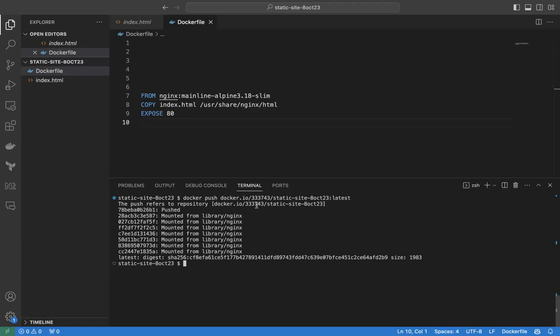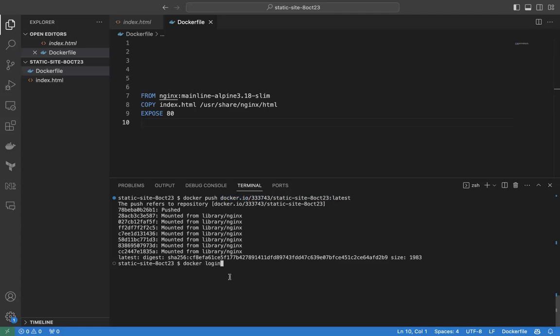So it depends on what path you have put here. For example, if you want to push this into Google Container Registry, you will say gcr.io, not docker.io. If it's AWS, then it would be something like aws.ecr or something .io. So based on where you want to push it, you need to tag it in that manner. Right now, by default, I'm publishing it to Docker Hub. I have tagged it as docker.io 333743. And also I have to do a Docker login,